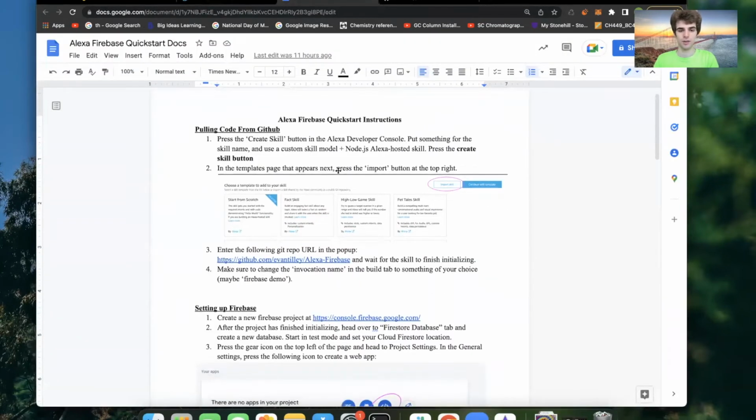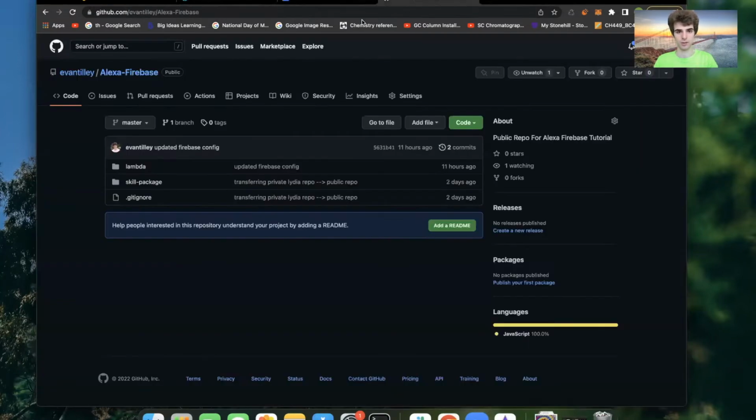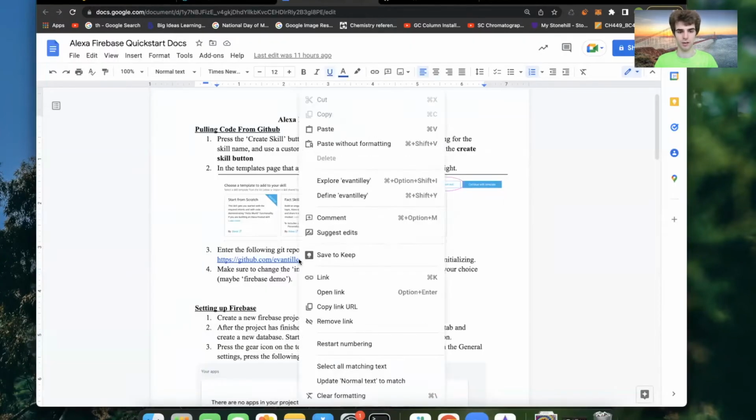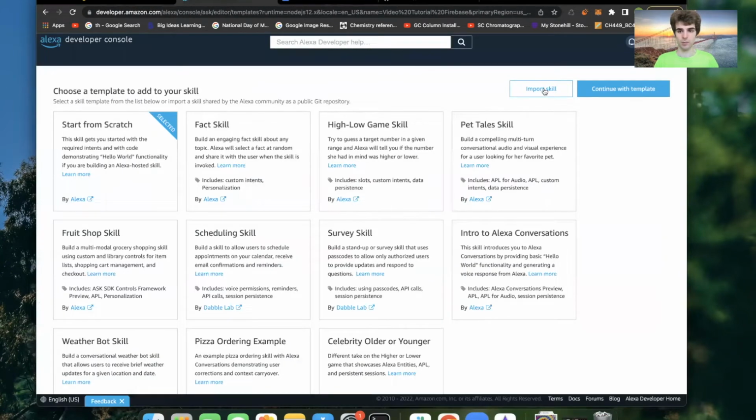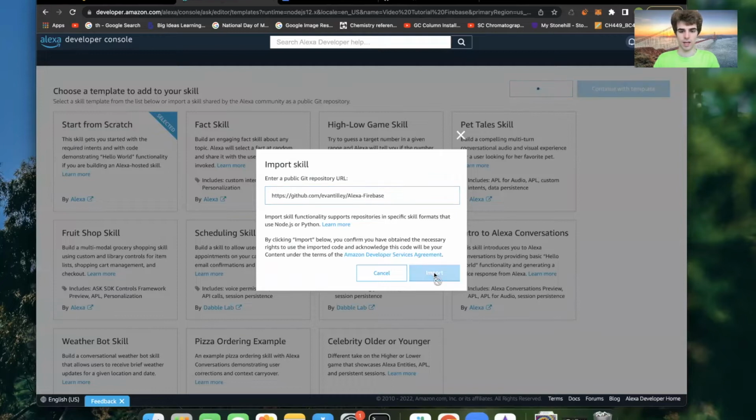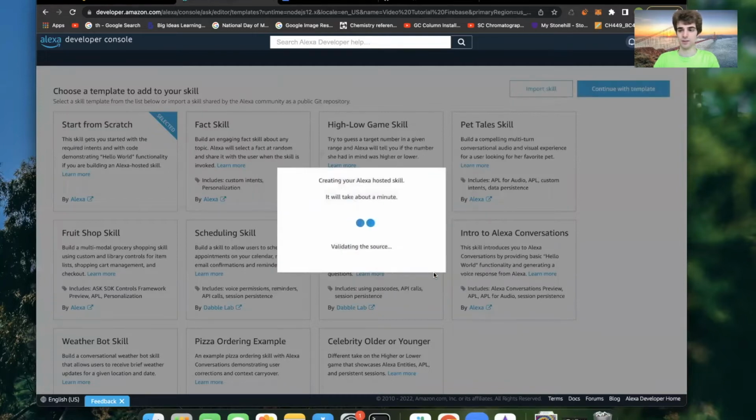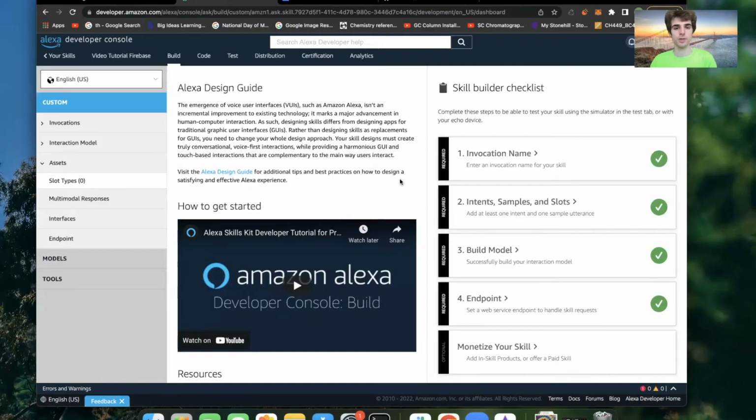And then we also want to import. So up here, we want to actually import the Git repo. Let me just copy this. So copy link URL, and then import skill here. And then we're going to import this. And then we're going to wait a minute or two for this to build. Approximately 10 hours later. All right, so now that the skill is built,